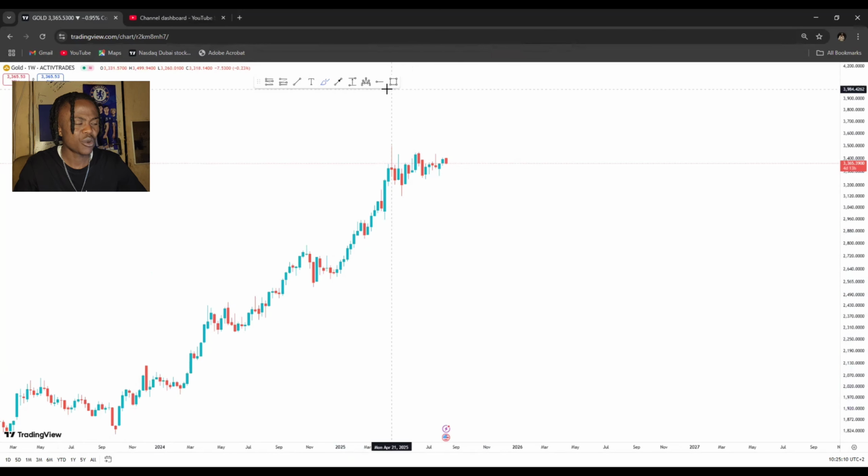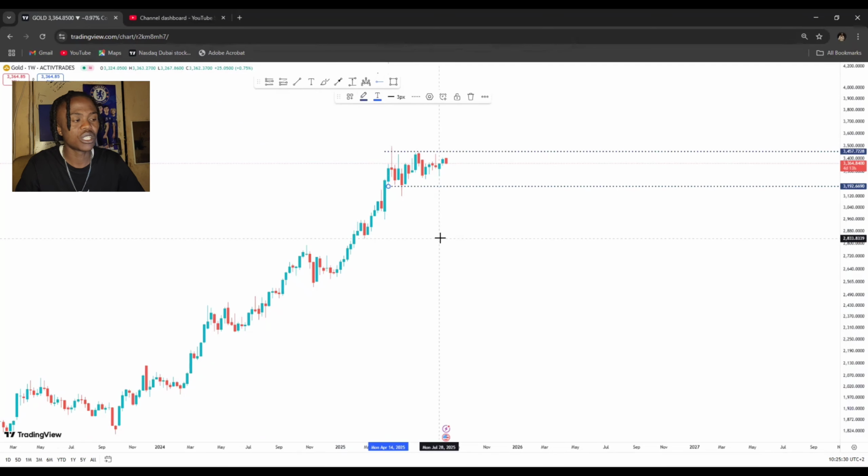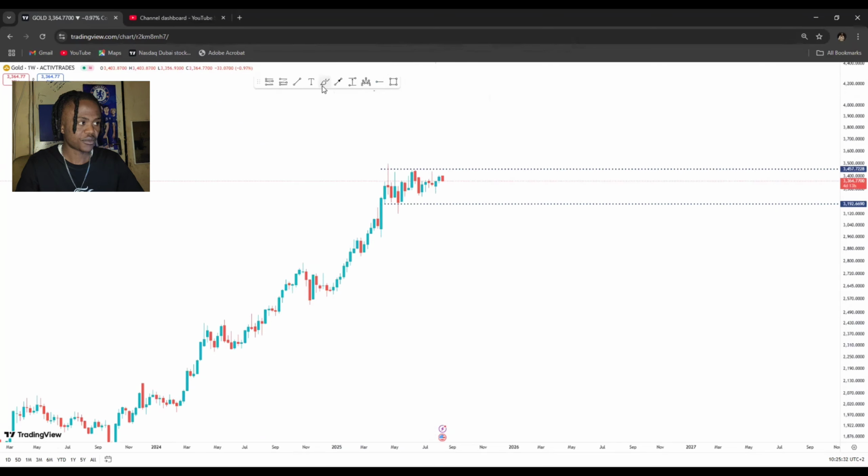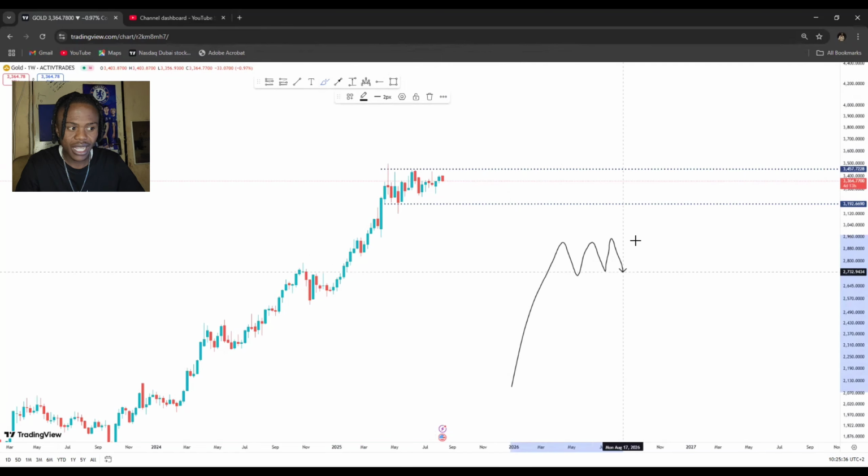But now we can clearly see that price is in a range, right? Price has printed highs and price has printed lows, and with that nature, you can clearly understand price is holding highs, price is holding lows, right? And from a push into a range, you know that I always talk about this, right?